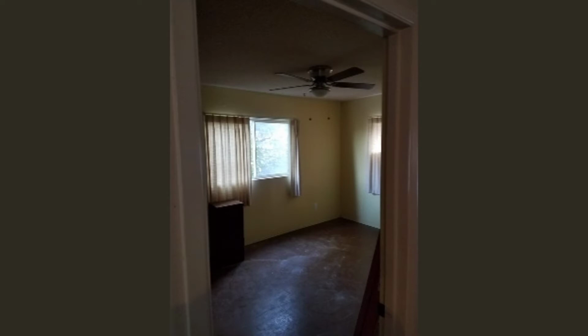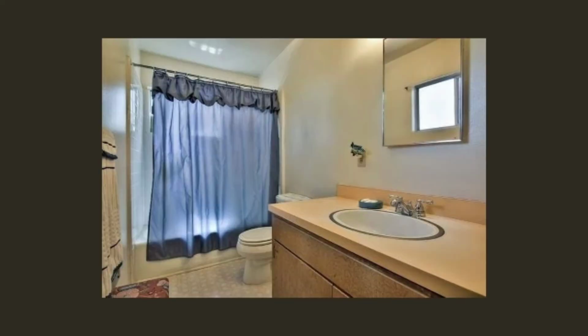Here's the granny flat bedroom. At this point, I'd already got some ceiling fans installed, which is great. Here is the bathroom. Again, a great bathroom, well maintained, but definitely needed an upgrade if I was going to